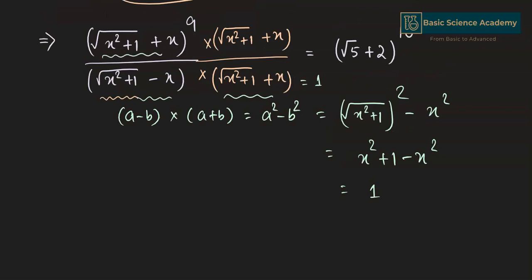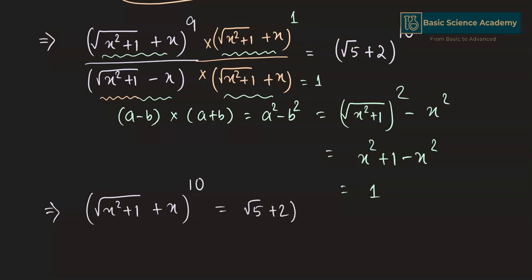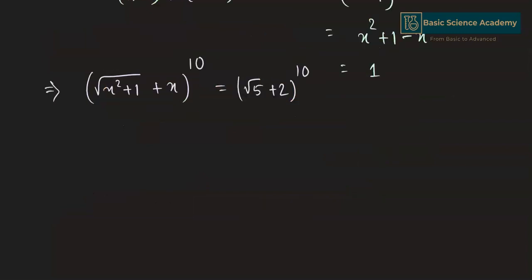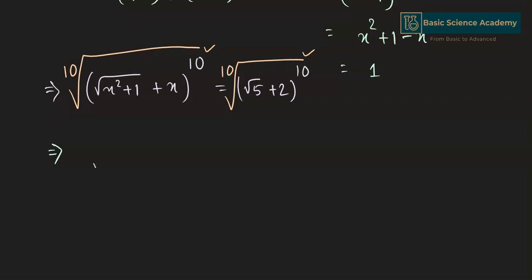Since both the bases in the numerator are the same, the powers 9 and 1 will be added up to give square root of x square plus 1 plus x to the power of 9 plus 1, which is 10, equal to square root 5 plus 2 to the power of 10. In order to remove the power 10, we have to take the 10th root of both sides of this equation. Now, the power 10 and the 10th root will cancel out to give square root of x square plus 1 plus x